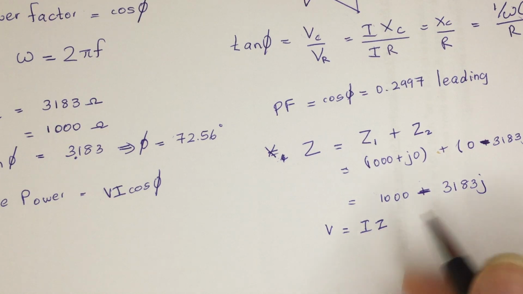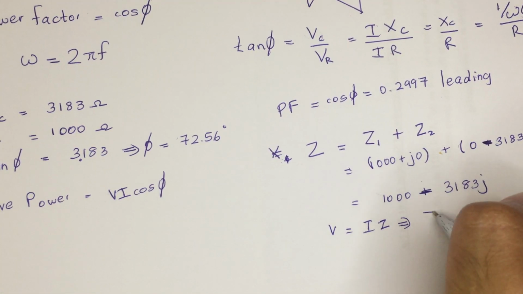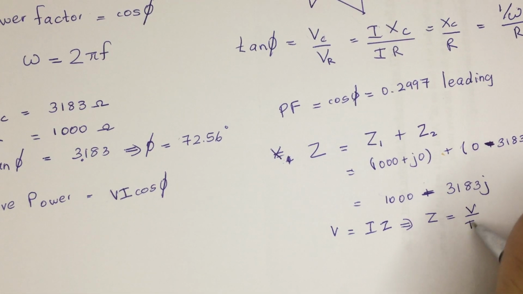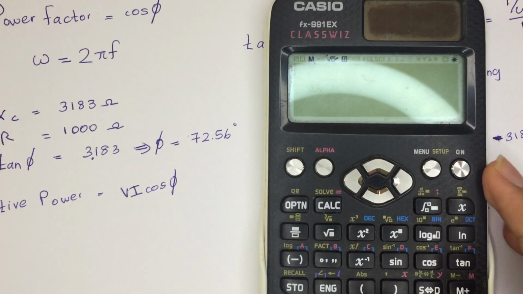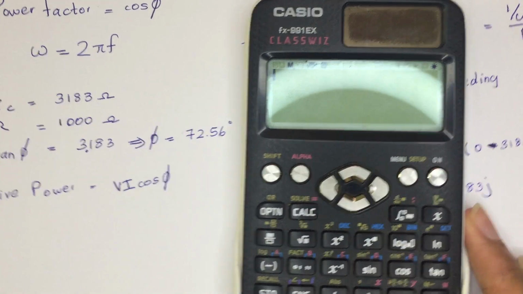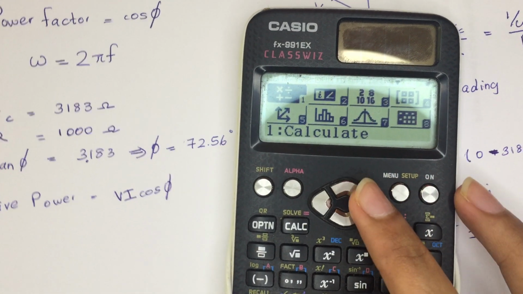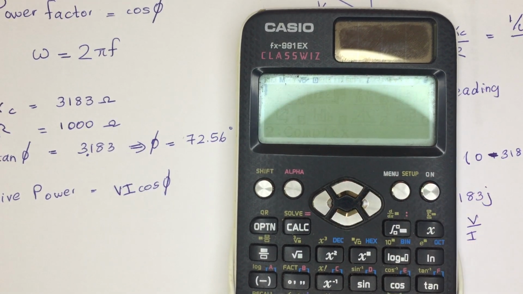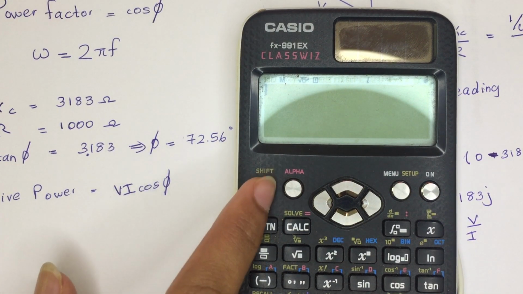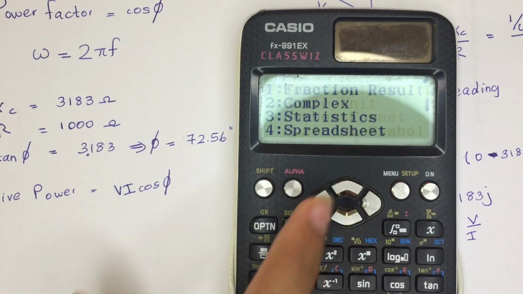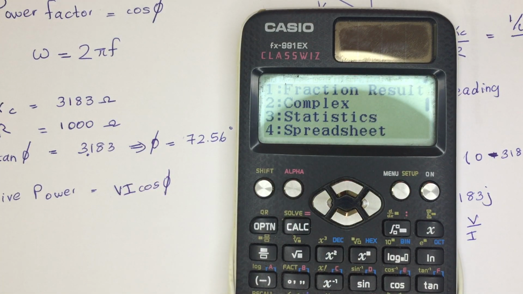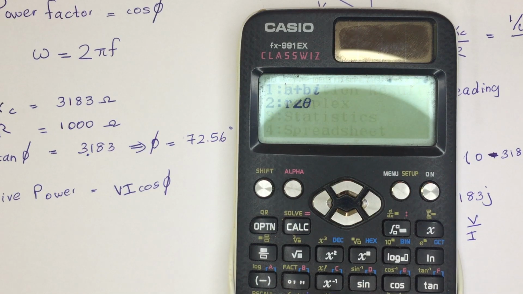So when we are considering V equals I into Z, the Z would be equal to V over I. So let's use the calculator over here. I'm going to change the calculator to complex number mode first. So let's move to complex number. The next part is I'm going to check whether the output is in the polar form, so it would be easy to find the magnitude of that complex number. So I'm going to change it for complex number in polar form. So the output is going to be